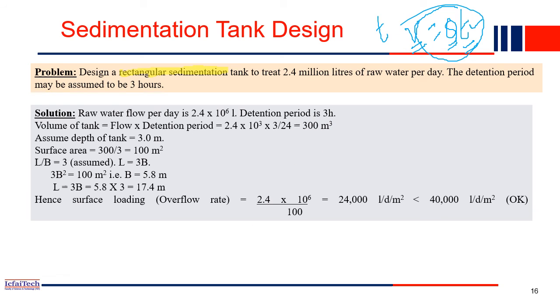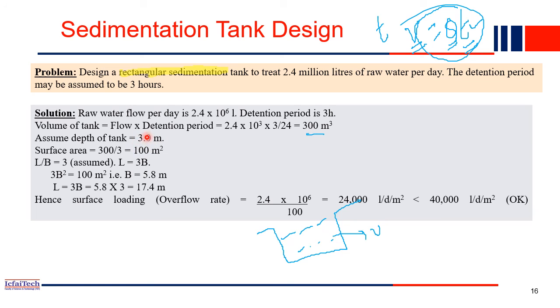So the volume of the rectangular tank, we are designing this type of rectangular tank. So this is the water, and the volume we already computed, which is nothing but 300 meter cube. In the last slide we have seen some design values. So the depth of the tank, normally we can assume 3 to 5 meter. You can assume 3 meter, others can assume 5 meter, one can assume 4 meter, there is no problem. Anyone can choose any value from 3 to 5 meter.